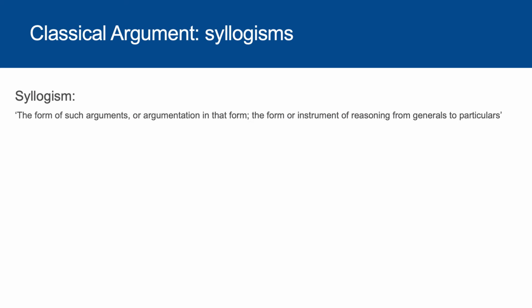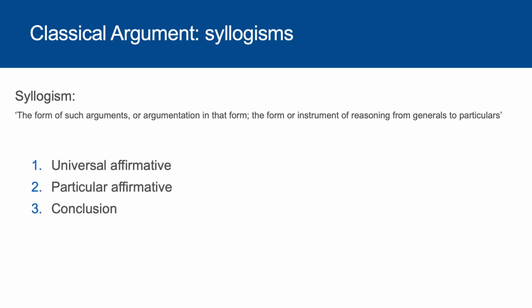We spoke about how ancient Greek philosophers like Socrates and Plato and Aristotle had built their lines of argumentation, or had suggested how people should build lines of argumentation. The fundamental building block of their argumentative world was the syllogism. And this is a form of argumentation that uses universal truths, universal affirmatives, and particular affirmatives to come to a